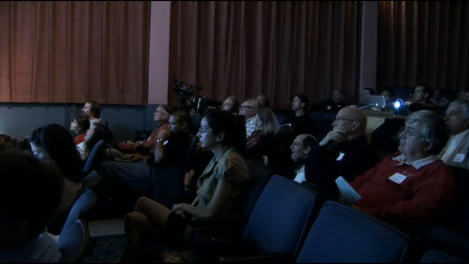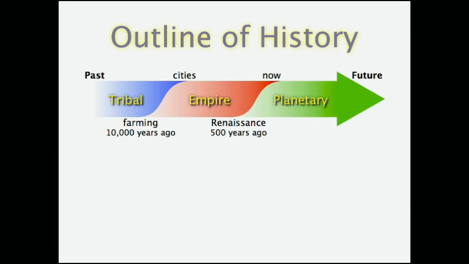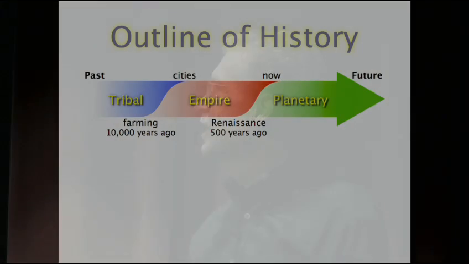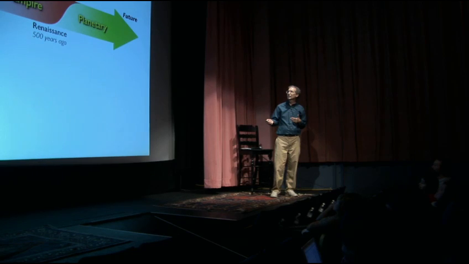Now, this is all part of a much bigger process of cultural change. This is the history of the world. I'm not going to go through it in any kind of detail. But just to point out that 10,000 to 5,000 years ago, there was a really profound transition between hunting and gathering and agriculture in cities. And the other thing that I'm going to say is that we are now in a multi-century transition that I would say is as profound as the shift out of hunting and gathering and into agriculture in cities. But all of our institutions, all of our schooling, all of our culture thinks we're still in the empire period.